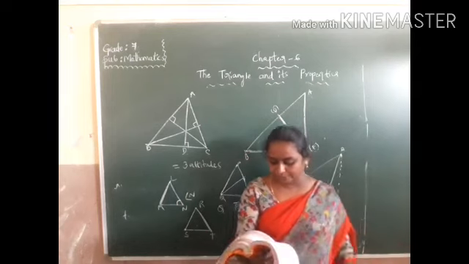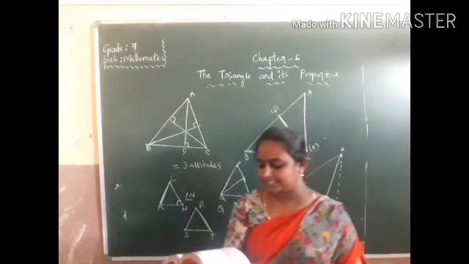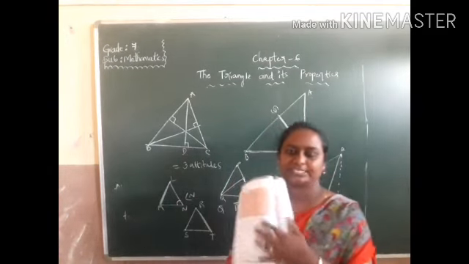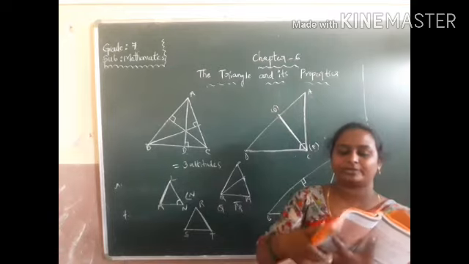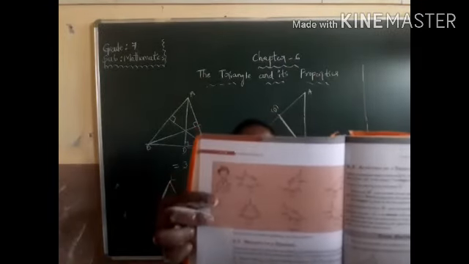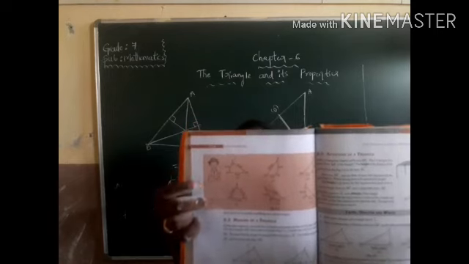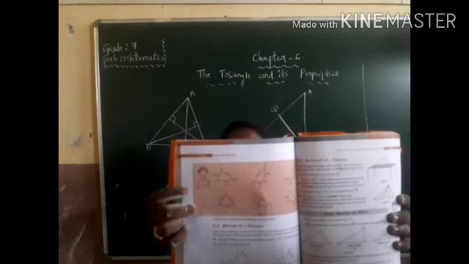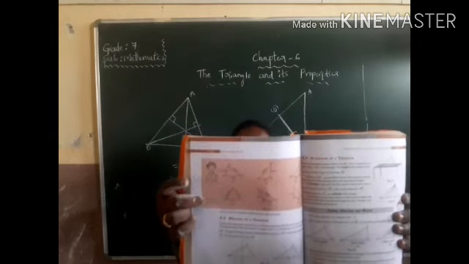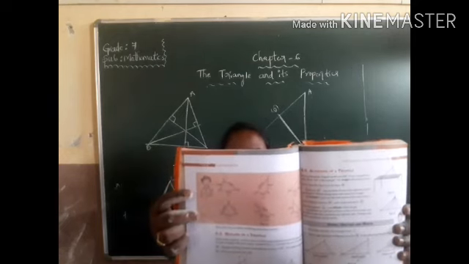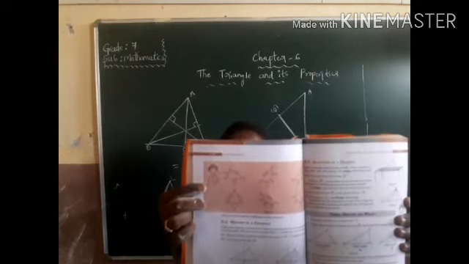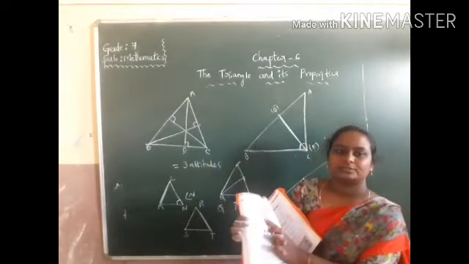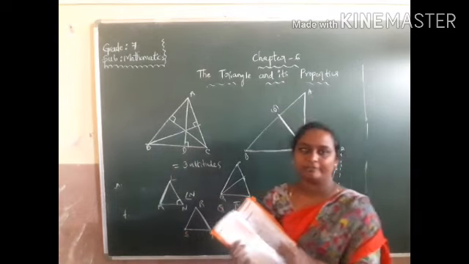Look at Figure 6.2 and classify each of the triangles according to its sides and angles. Children, observe this table. Here you have a few of the triangles. You have to write, based on the sides and angles, the name of these triangles: equilateral, scalene or isosceles, acute angled triangle, obtuse angled triangle and right angled triangle. So you can write all this. Okay, you have to do it yourself.